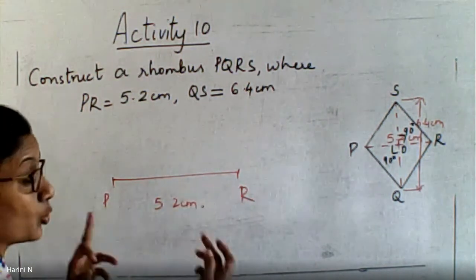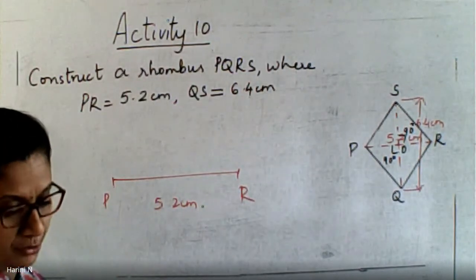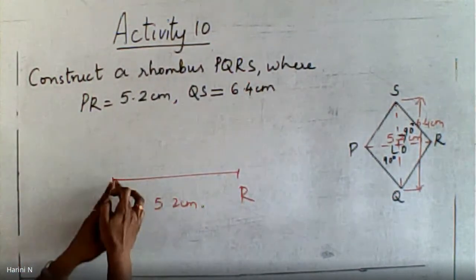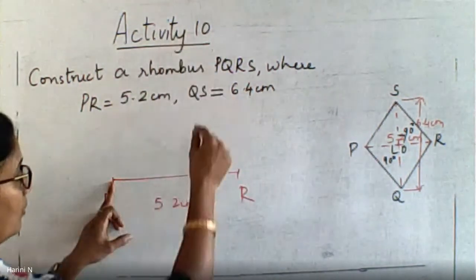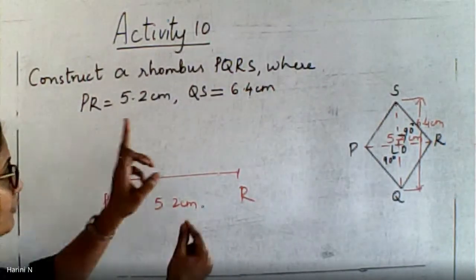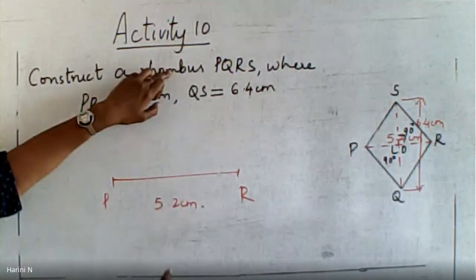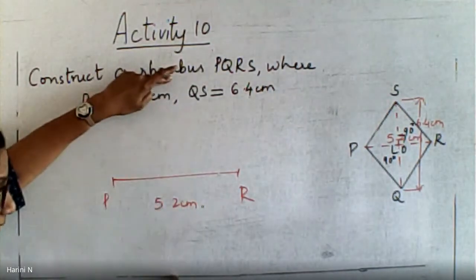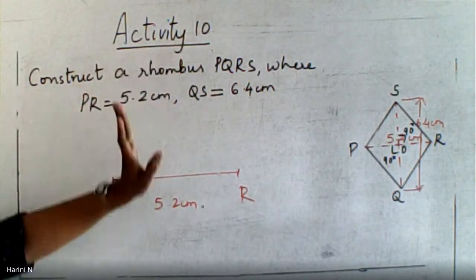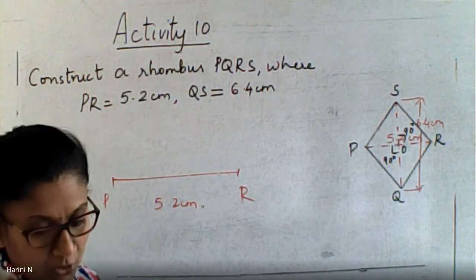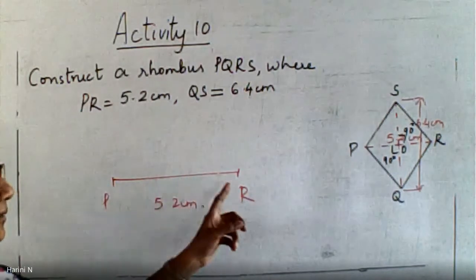So I have to use my compass to construct the perpendicular bisector. I'll show it to you in that. Now I'm just telling you. Keep your compass at P and pull it almost near to R. Cut an arc above and one below. Then shift your compass to R with the same radius, you will construct two more arcs. The point of intersection of the two arcs, when you join them, automatically that segment will bisect your PR. That is what you mean by a perpendicular bisector. So I will be using a perpendicular bisector to bisect PR.